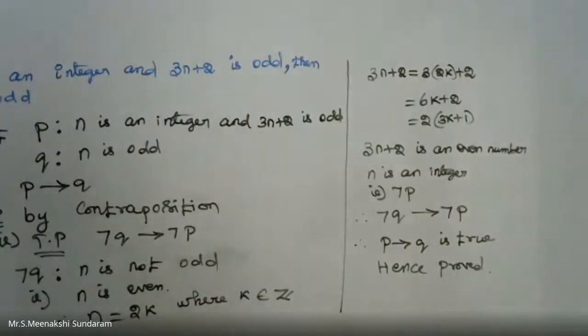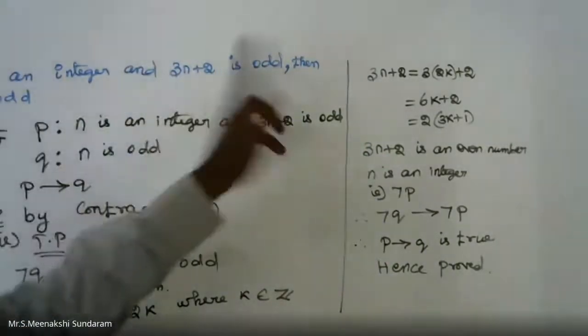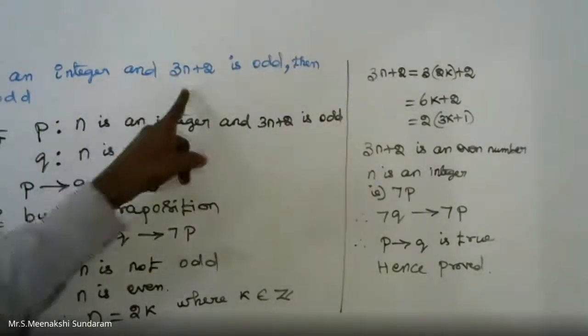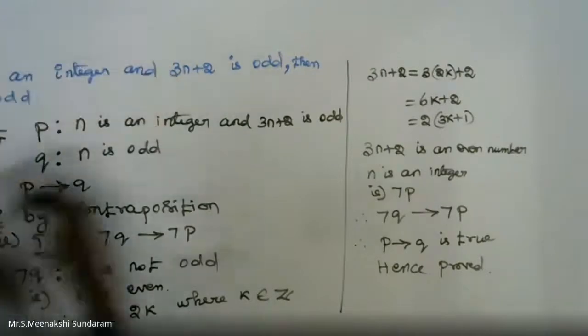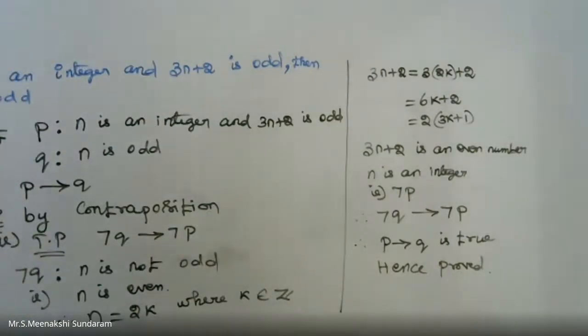That is a way of proof. This is easy. Here we don't go for direct proof. It is not possible, it is complicated. That's why I take only a single statement, n is odd, as the conclusion. That's why the reverse process is easy for me. The reverse process is beneficial for me.